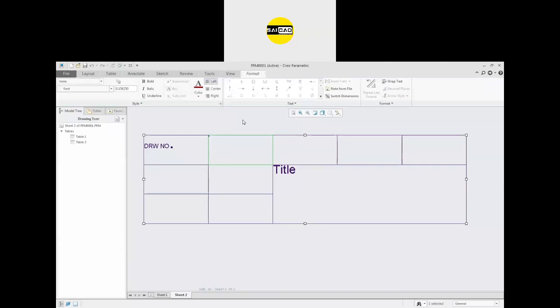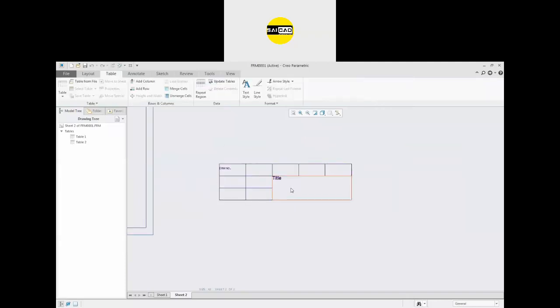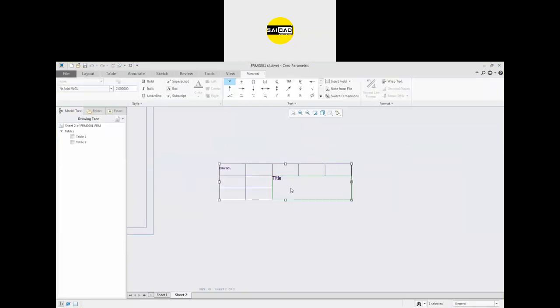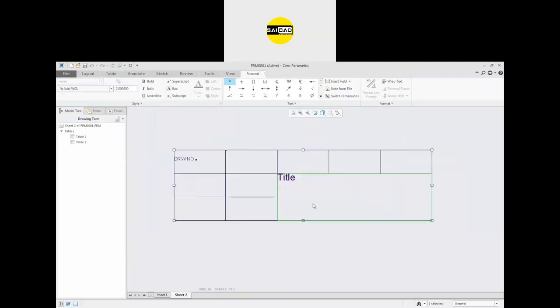Define the text like that and define the values also. So here, if you want to define the title, press enter and define a new text with a symbol, and I want to define that will be title like that, and here I need that to be and the W.